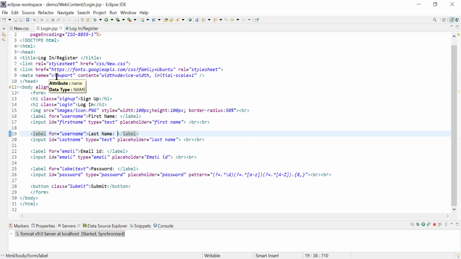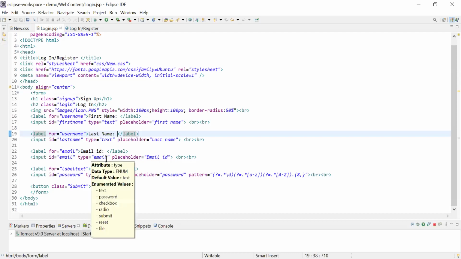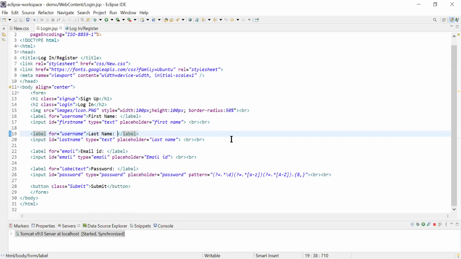First of all, see, you can use ID only one time, okay? But you can use class multiple times. Ma'am, what's the difference between ID and class? We use class multiple times. ID is most probably used in a header section or footer section. We know that in every page, the header and footer sections are always the same, so there we use ID.